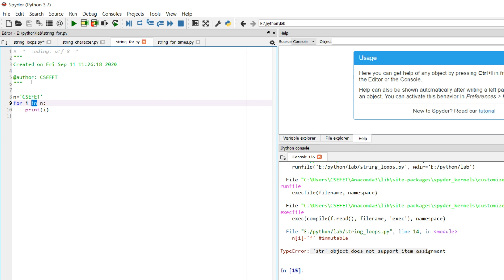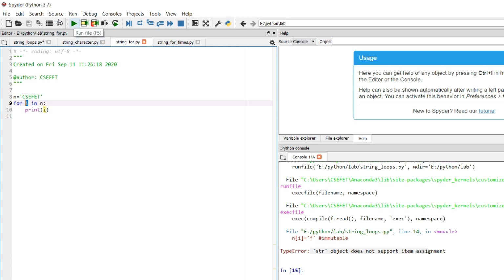Now how does this in operator work with strings and the for loop? We already know that in a for loop, it takes a value and gives it to I. Now in this case there is no range function. We give the name of the string. So for every character it is traversing the string and moving to the next index. First it assigns index 0 to I, then index 1, then index 2, till the end of the string. The character at index 0 comes in I, and we can use the character simply by putting I over here. That is the variable which we are using with the in operator in the for loop.